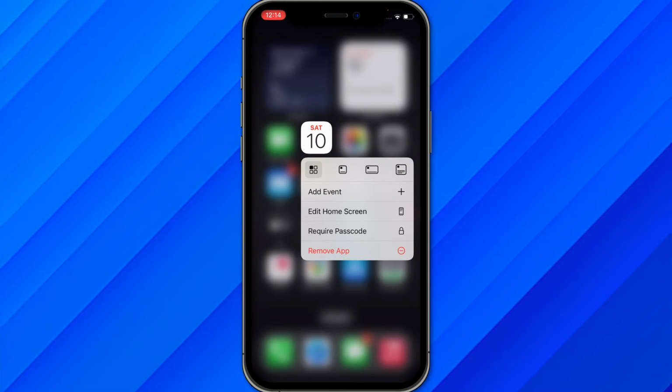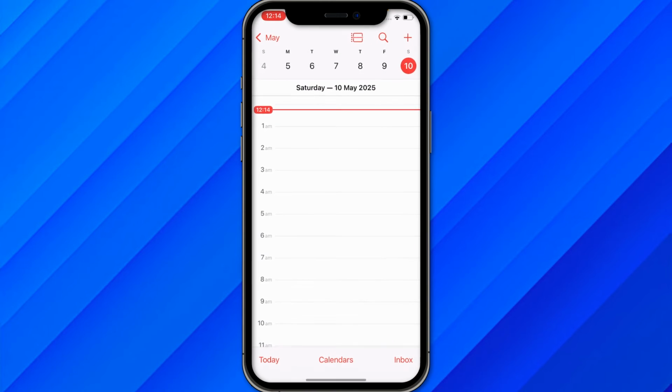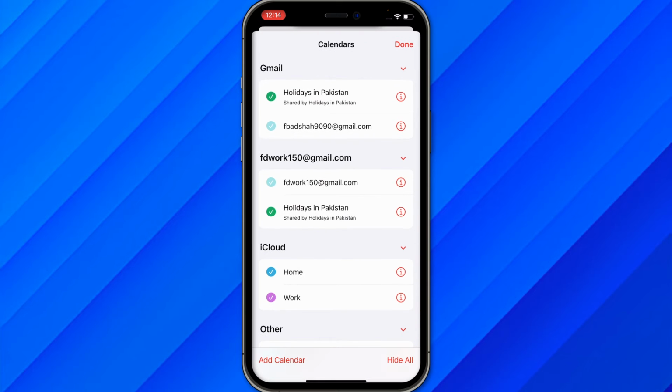Like this is the application. So open the app calendar, and once you open the application you will be seeing these three options: today, calendars and inbox at the bottom of the screen. So just make sure to click on calendars, and once you click on calendars, as you can see, holidays